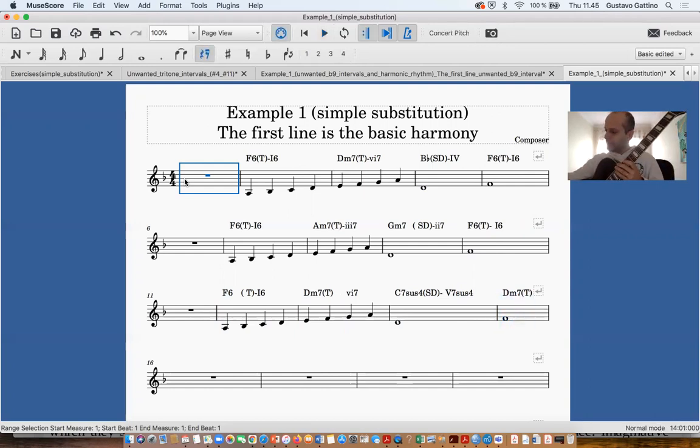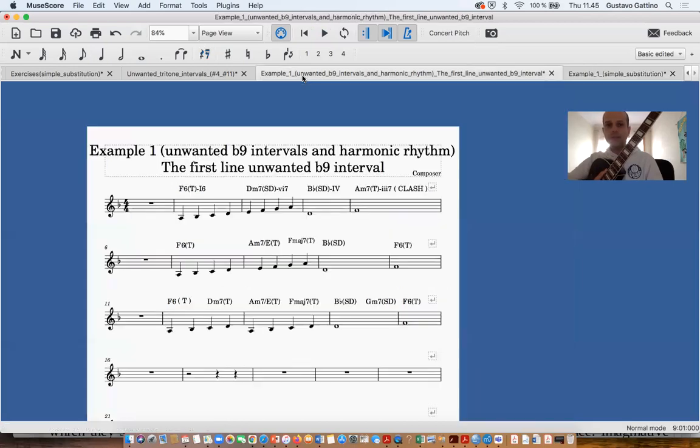So this is what we have on page 9, just showing this specific example. So when we go to page 11, we start talking about the unwanted b9 or minor 9 intervals that we can have. And when we have a kind of clash, for example when we have in the melody the F note, but we have in the harmony the B note, we have one clash